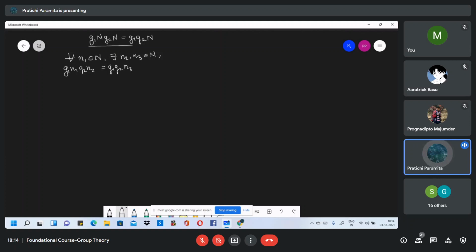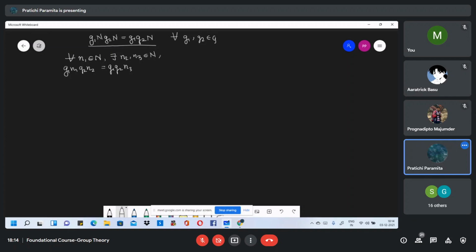And this has to be satisfied for all G1, G2 in G. So I can say that for G mod N to be a quotient group, for all G1, G2 in G and for all n1 in N, there exist n2 and n3 in N such that G1 n1 G2 n2 is